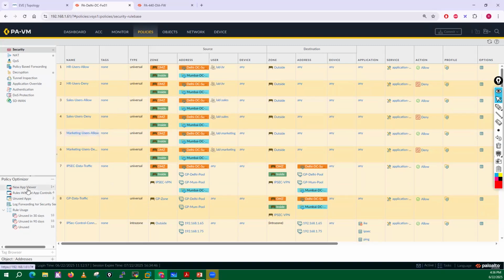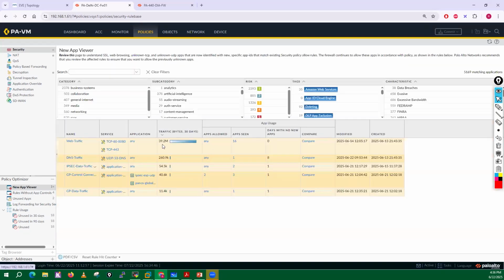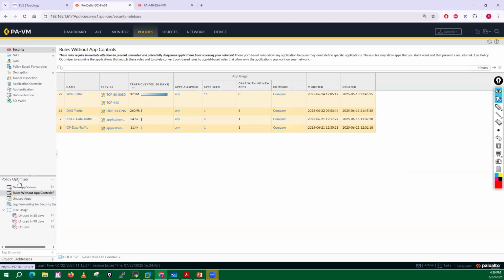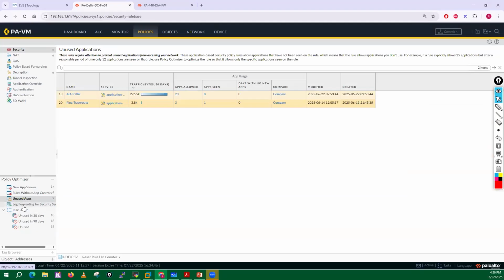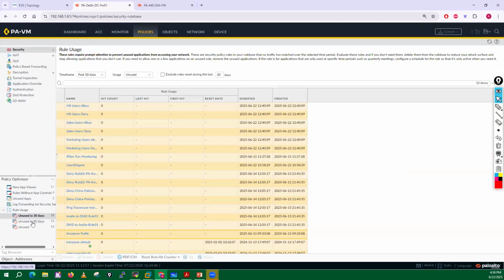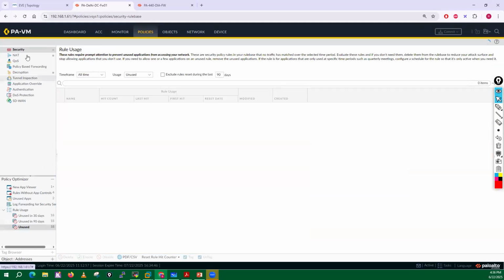Then we will look at what types of applications are seen by your firewall, and use those to optimize our security policy. Unused applications and log forwarding, all those things we will discuss. I will show you the rule usage and more.